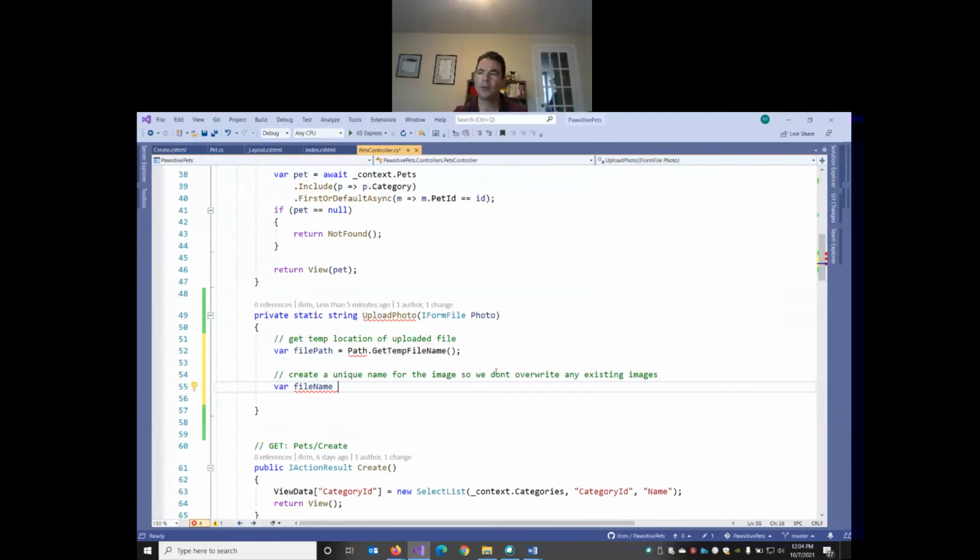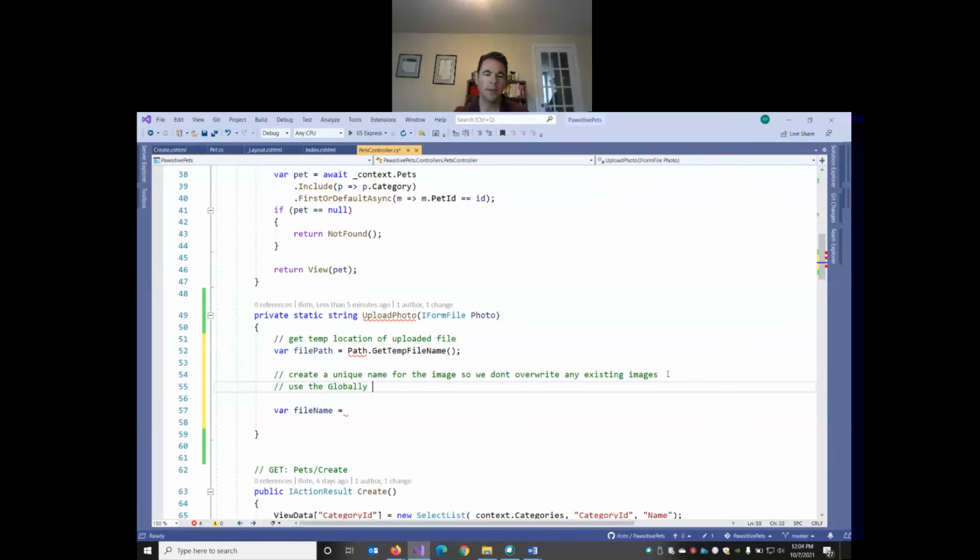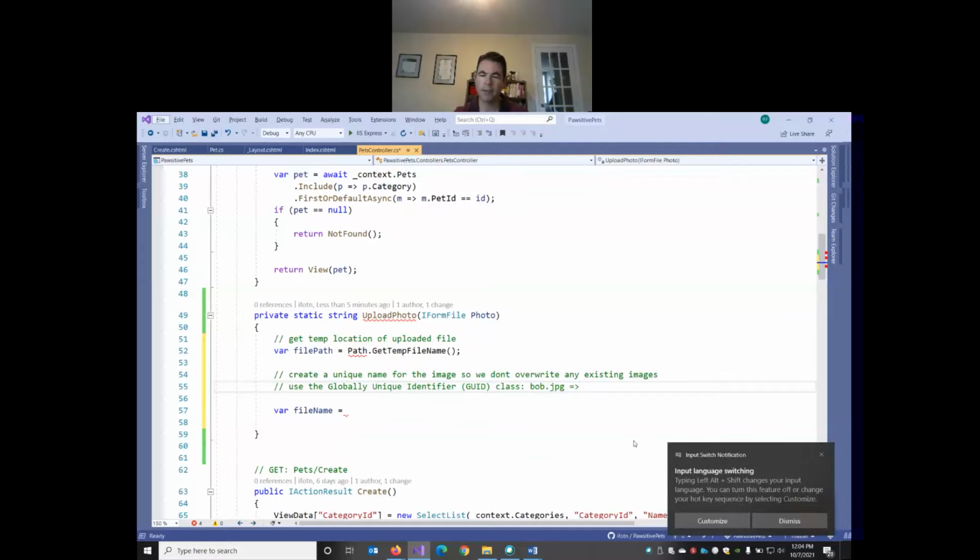So I'll create a new variable called file name. And Microsoft has a class. Actually, I'll maybe put a few comments in here of what we're going to do before how we do it. Use the globally unique identifier GUID class, so something like bob.jpg will become something like